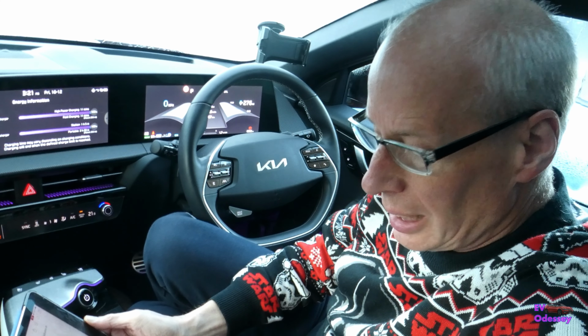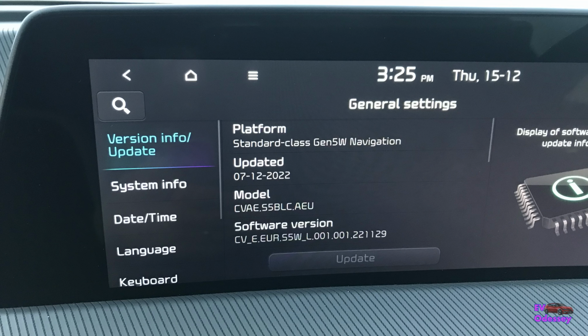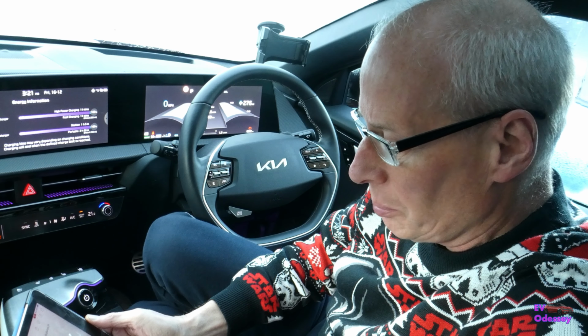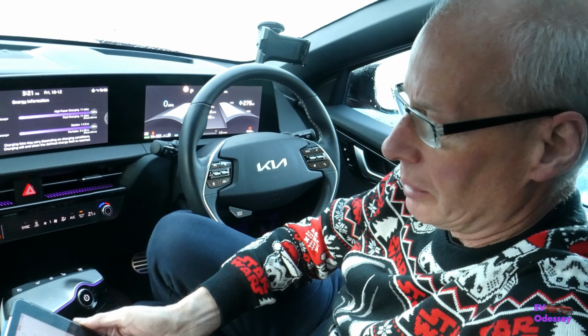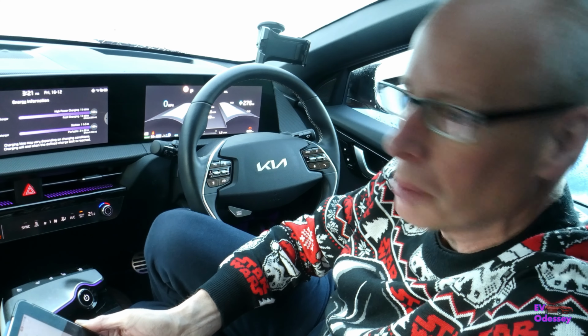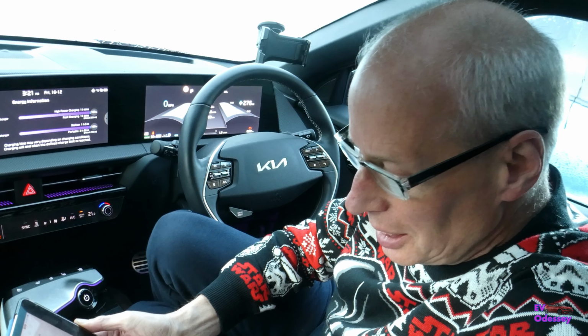Hot on the heels of the last couple of episodes, we've had Kia software update 22.11.29 and my analysis of what's changed, and all of the detail. I've pulled out the agreement for Kia Connect that was in the on-screen thing that you have to press when nobody ever reads, but I did, and I found all the upcoming features. Right, in this news episode,